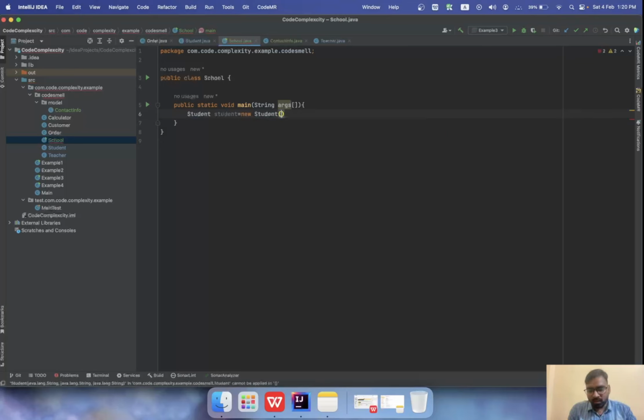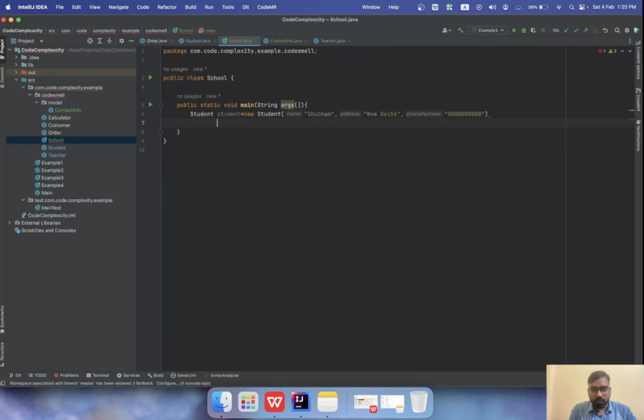So we need to pass the name, that we are passing Subham, address New Delhi, phone number is this,